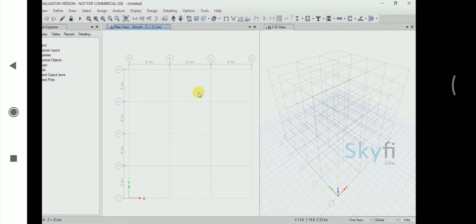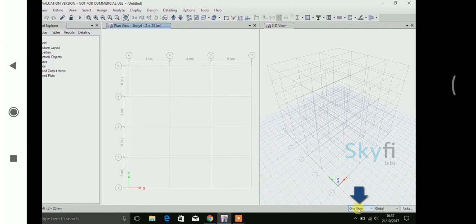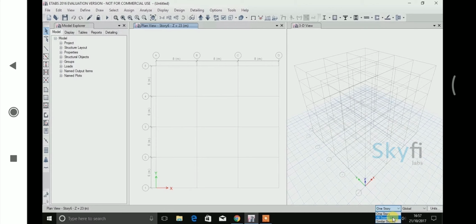All the required properties for the building have been defined, and you can now start drawing the building elements. In the bottom right corner, you will find the 3 stories option. The All Stories option is to make drawings or properties change into all the stories of the building, whereas in One Story you can make changes only to the particular floor you have selected. The Similar Stories option is for making changes to a previously defined set of similar building stories. Select All Stories, as the building plan and properties are the same in all the floors and you can easily draw